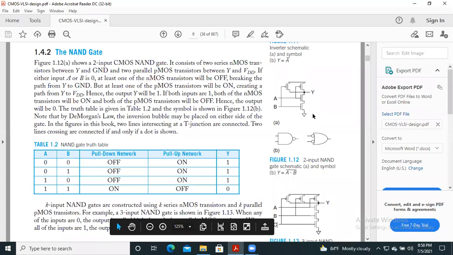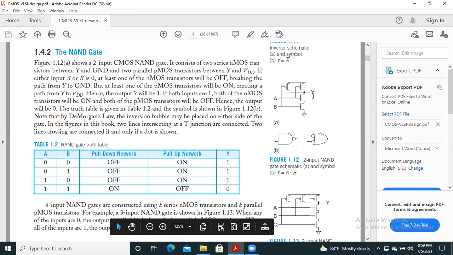So if both inputs, A and B, are high, both of the NMOS transistors will be on and both of the PMOS transistors will be off. Hence the output will be low, because this Y point and this ground point will be the same point, and these PMOSs are open circuited. As a result, the VDD supply will be segregated from the output Y.